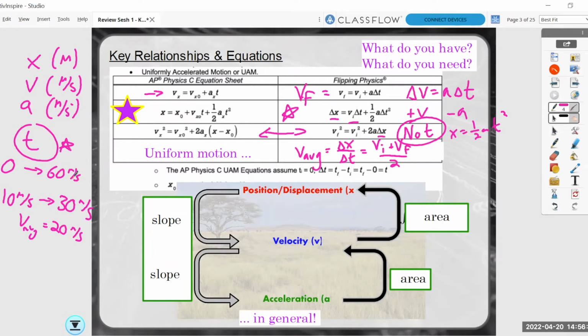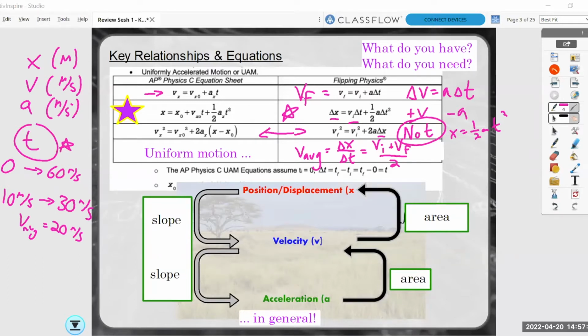One of the other things we always need to consider is the relationships between position, velocity, and acceleration on graphs. So we have this little graphic here to remember that if I start with my position or my displacement, if I have a graph of that, the slope of it is my velocity. The slope of a velocity time graph is my acceleration. If I want to go back up, if I have an acceleration time graph, it's going to pop me back up to velocity. If I have a velocity time graph, the area under that is going to give me the